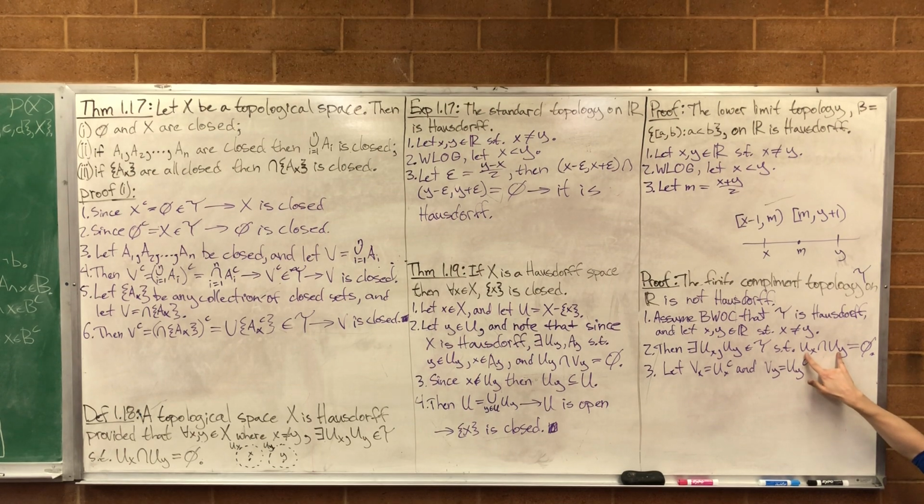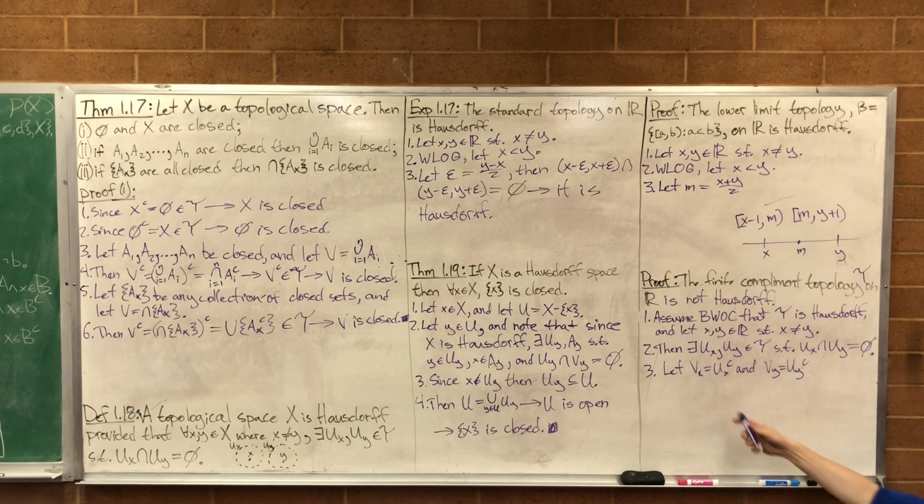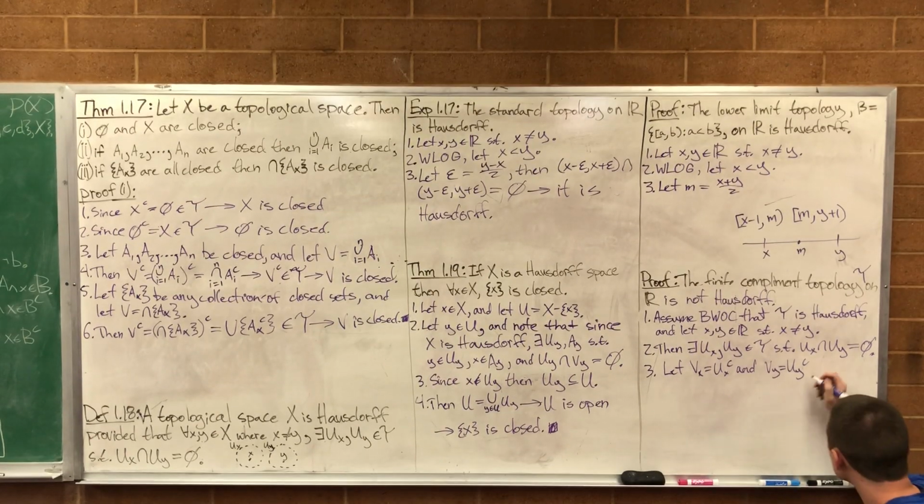I see now. So I know that the intersection of these two sets is the empty set, right? Which means the complement of this intersection has to be the complement of this. The complement of this is going to give me the union of two finite sets. The complement of that is going to give me R. Can I union up two finite sets and get R? No. There's my contradiction.